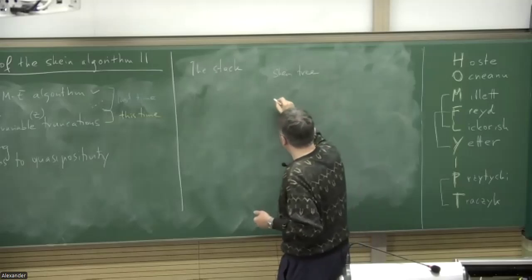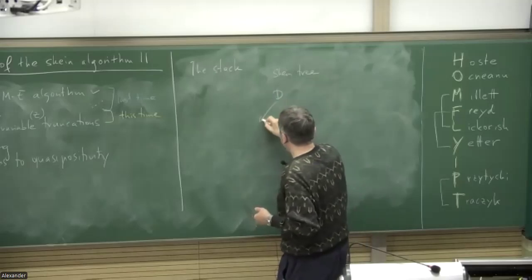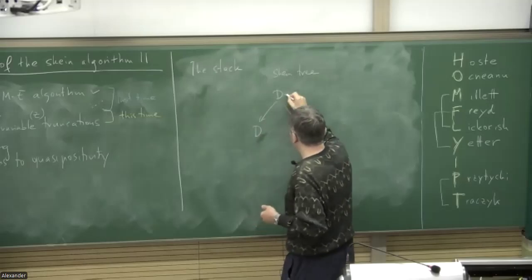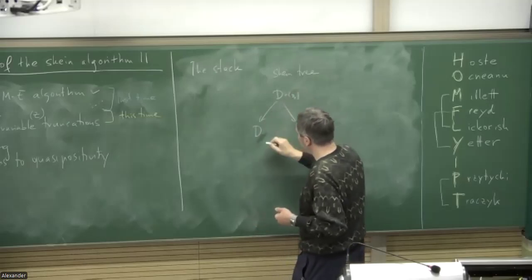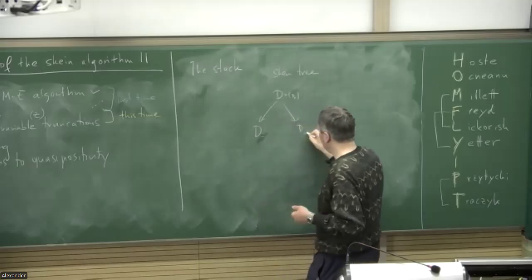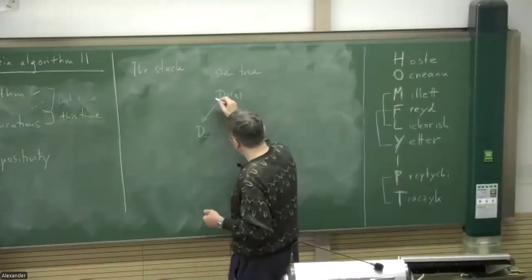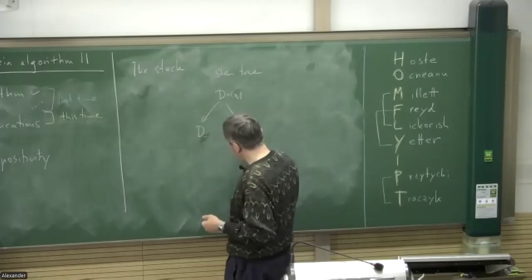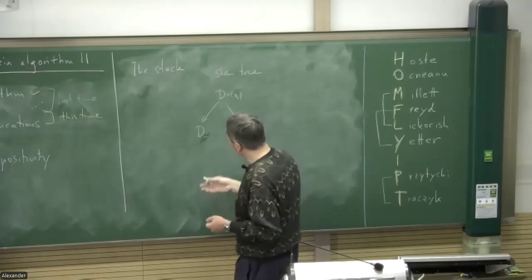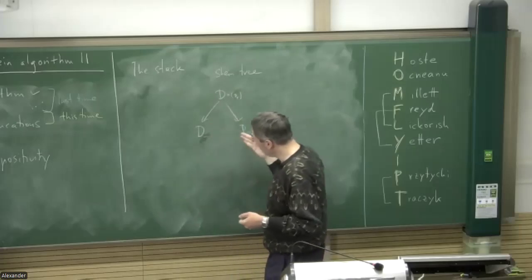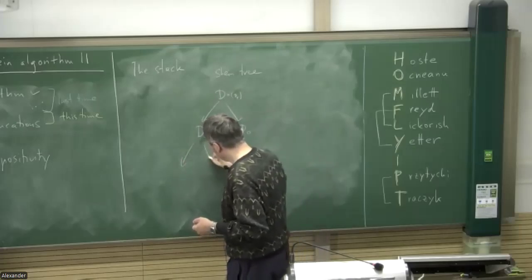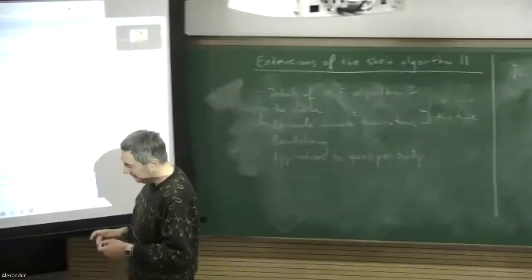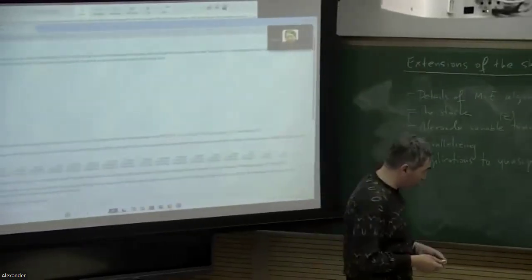So you have a skein tree where you have a diagram, let's say D, in this case D plus, and then you get D minus and D zero. So you switch a crossing, and then you smooth out the crossing. Then you can relate the polynomial of this diagram to the polynomials of these two diagrams, and then you can continue doing this by switching crossings. And then I explained that you had this more complicated